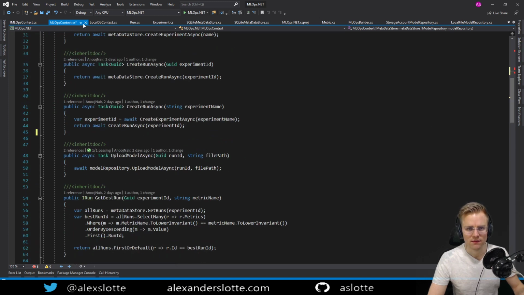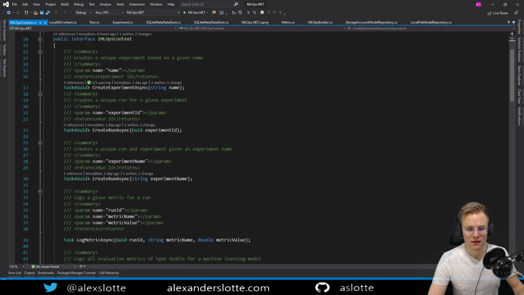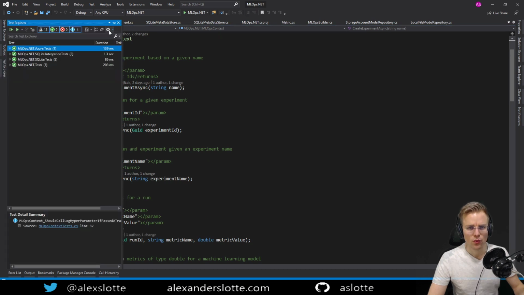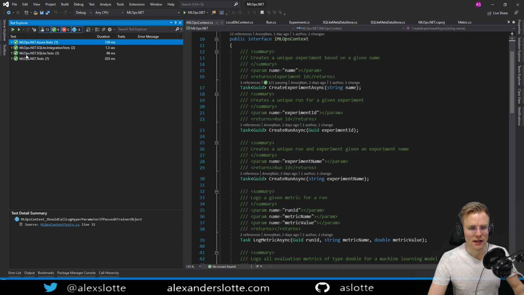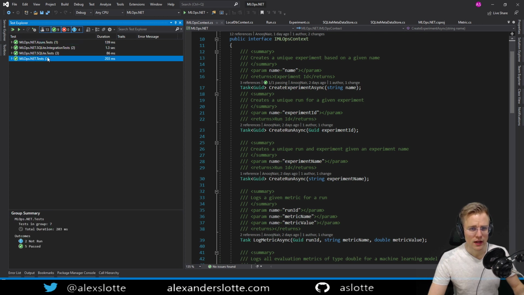Let's see. Close this one, don't save. So let's have a quick look at that. We currently have a bunch of tests here. We have our unit tests and our integration tests. And currently we only have integration tests that hit SQLite, which doesn't need anything backing it, so we should be pretty good there. So what we can do here is make sure that we run those in GitHub as well.